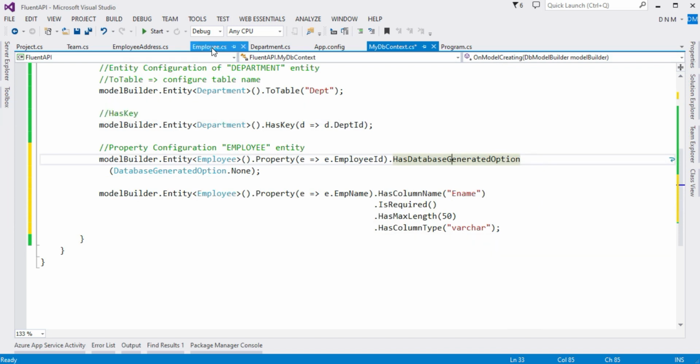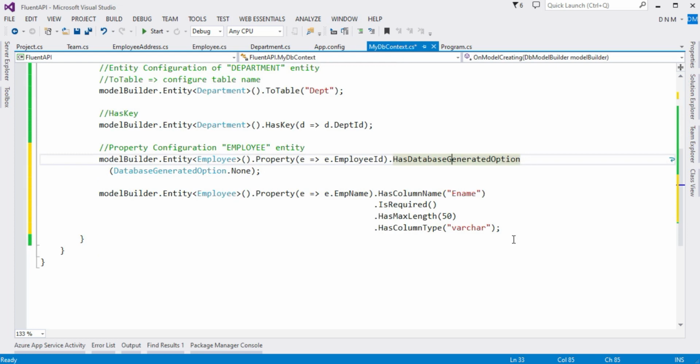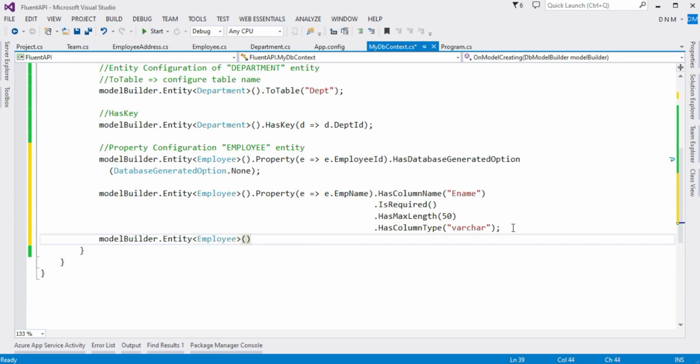Now let us see the other properties that we can configure. So I want to set the column size for this primary contact. Since it is a different property, we have to write the entire statement again. So entity, which entity? Employee entity. You call the Property method.